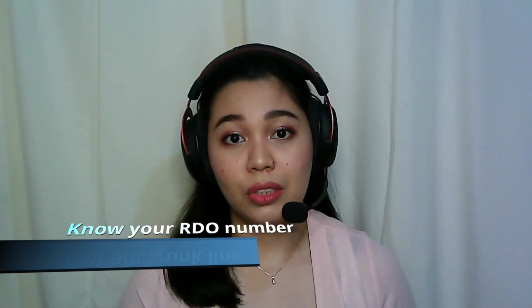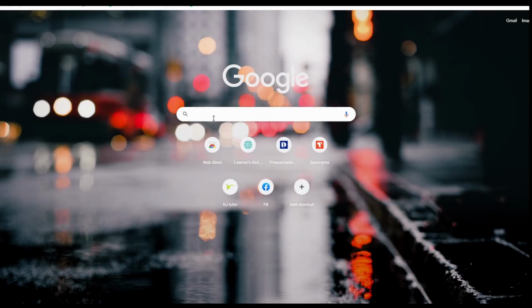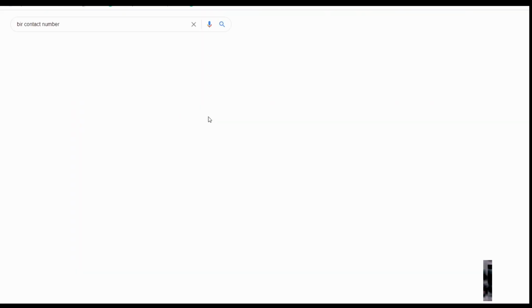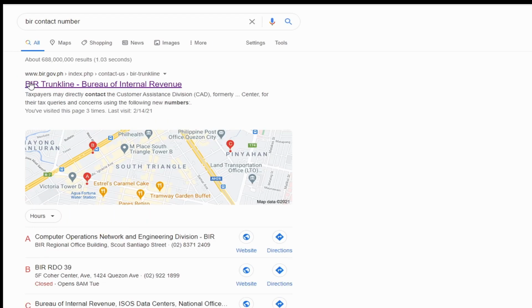My first advice to you will be to call the BIR trunk line. This is especially if you don't know what RDO you are registered at. Okay, and how do we do that? So it's simple. Let's use Google. So here you go, guys. For you to know the BIR trunk line, you'll just type in BIR contact number or trunk line, and then here you can see at the upper part